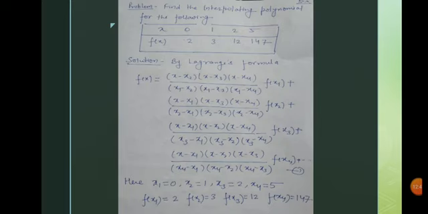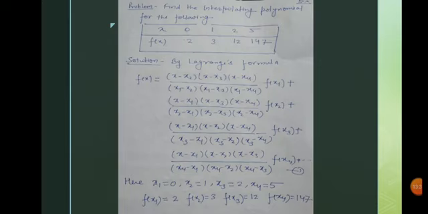already discussed, x minus x1, the second term x minus x2 is missing here, (x minus x3)(x minus x4) upon (x2 minus x1)(x2 minus x3)(x2 minus x4) f(x2) plus and so on. So clearly from the given problem that the value of x1 equal to 0, the value of x2 is equal to 1, the value of x3 is equal to 2, the value of x4 is equal to 5.